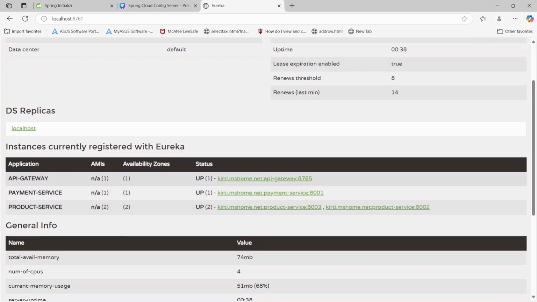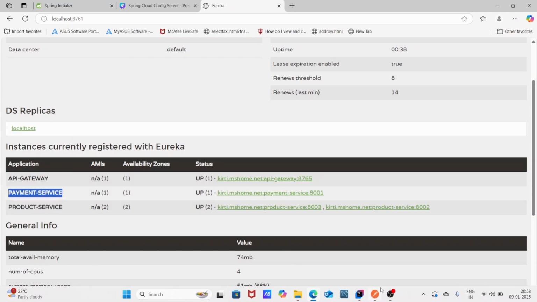Here we register this API gateway which is running on port 8765. So all our requests go through this API gateway. And here we register this in our naming server. This service name is payment service and another one is product service. So I will copy this name, payment service, go to our